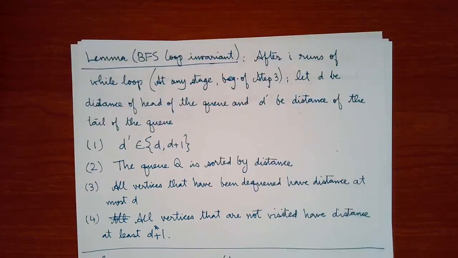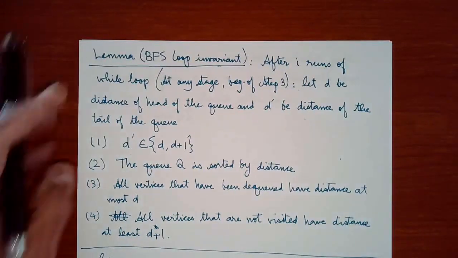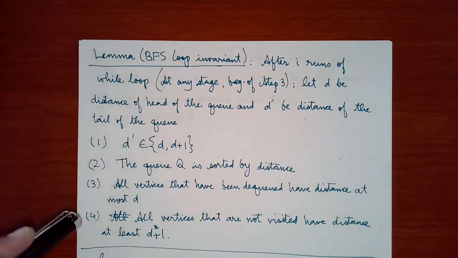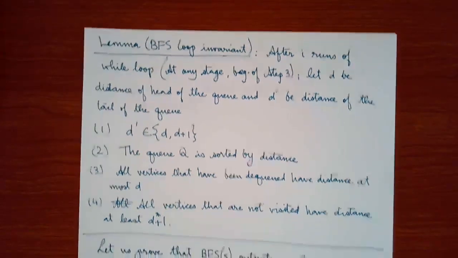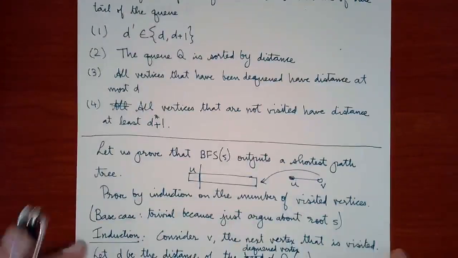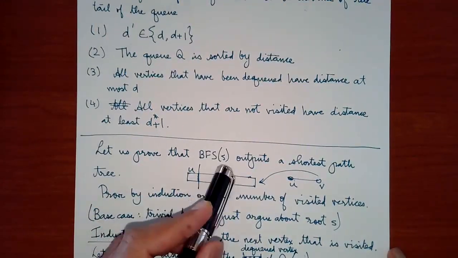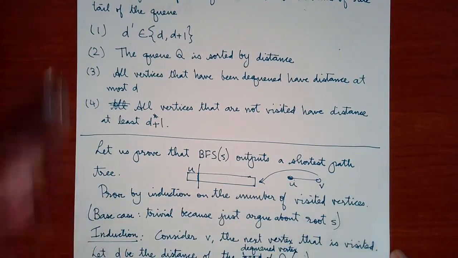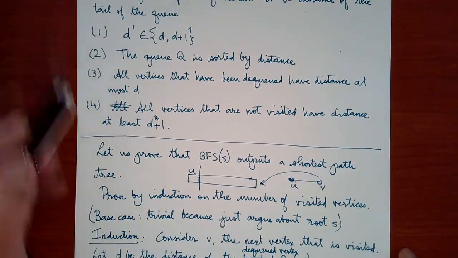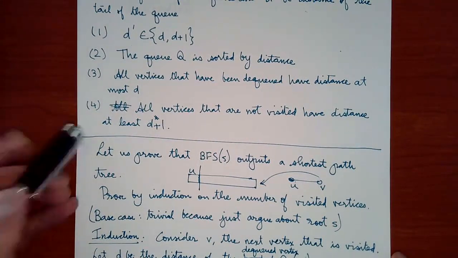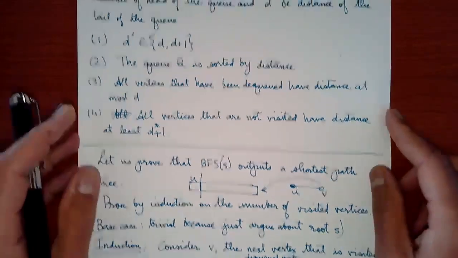Okay. Now, what I said is I'm going to make this an exercise, although I'll give some discussion on how to prove this. But let us actually argue that BFS, starting from a source, outputs a shortest path tree given the loop invariant. And this proof can be done essentially by using the loop invariant